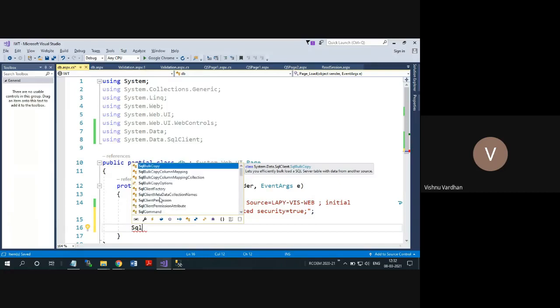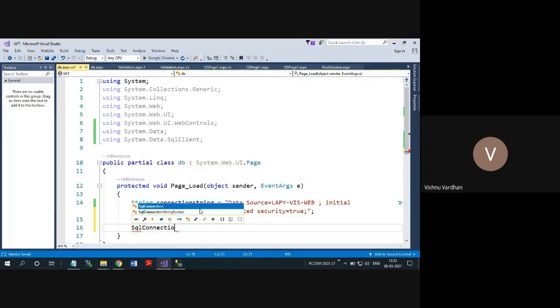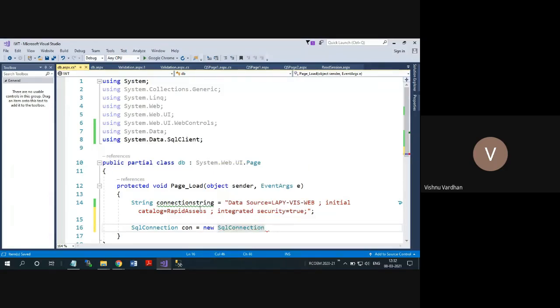So you can clearly see all these SQL based objects, in which I will take connection. Where is that? This one is the connection. So no need to take it in that way. You can directly type SQL connection, and the SQL connection is an object. So that's why I will take this as a connection object. And this is a new SQL connection because I am instantiating this class.